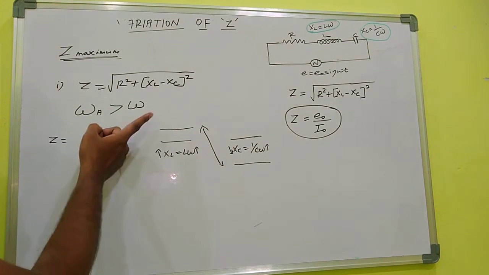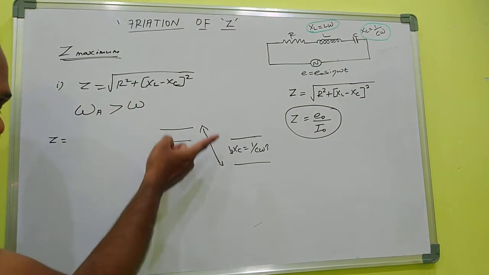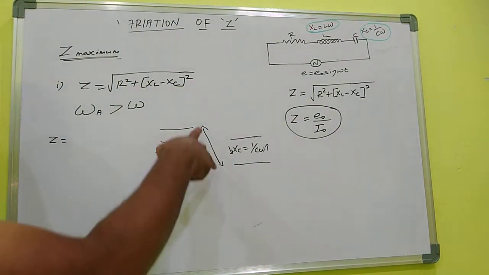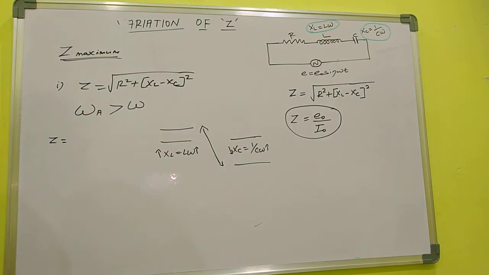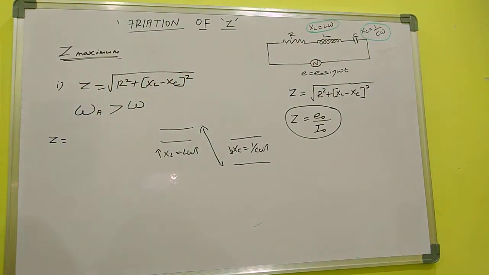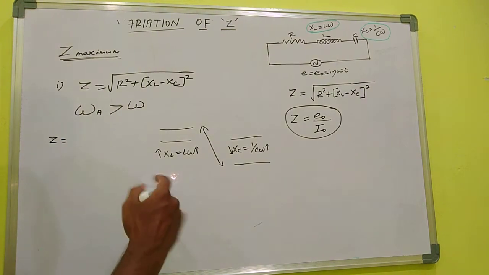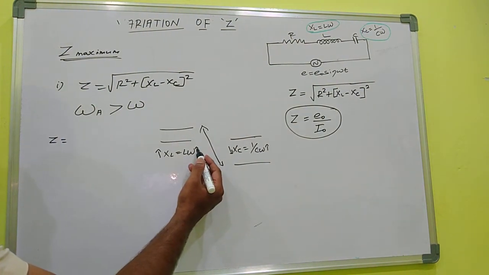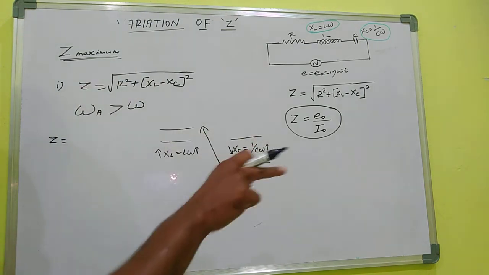Because XL goes higher, XC comes down. So there will be a difference in values between XL and XC. That makes impedance higher. The next thing is, when we are further increasing the angular frequency, the applied angular frequency with respect to natural